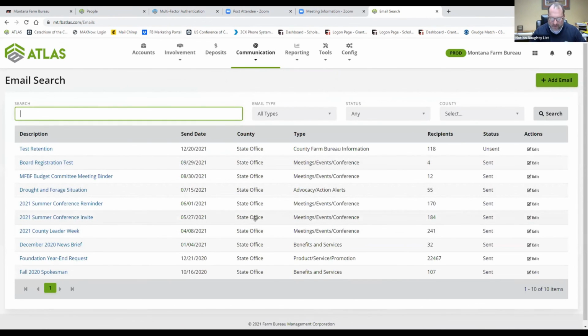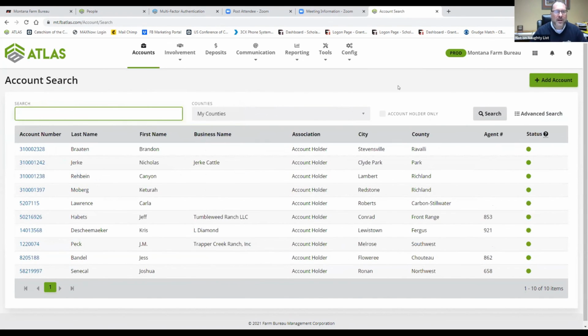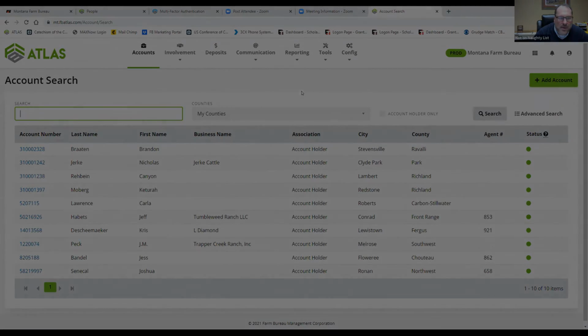And that's really quick and dirty. And I understand I went really fast over that. But we just wanted to show you, and hopefully you had an idea that there's some really cool things you can do with Atlas to help you manage your membership or your contacts or invite people to your county annual meeting. Just a slew of things. You can really start to use your imagination on how you would be able to use this.